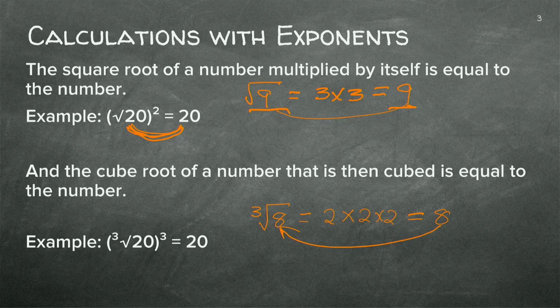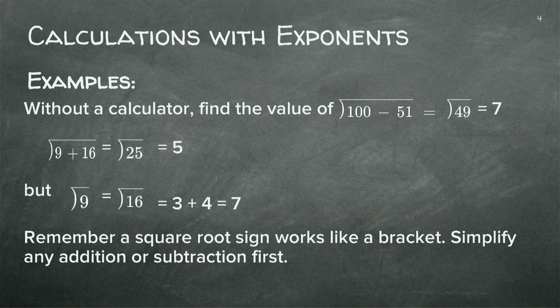And the same with the cube of 20. We don't have to work it out with all that trial and error that we've done on the previous one. We know that because this is true, this is true. If we do the cube root of 20 and you multiply it by itself twice, the answer would be the same. So just remember that. Okay. Right, let's continue with our calculations.